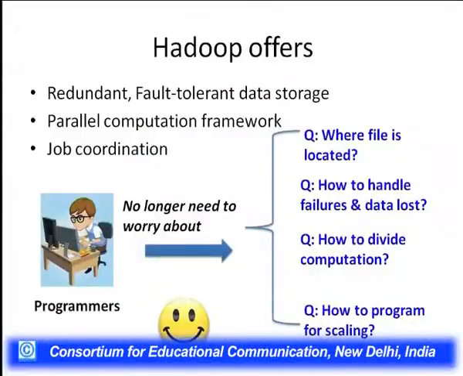So what does Hadoop offer? It offers redundant, fault-tolerant data storage because Hadoop offers data replication. Your data is not stored in one place. Your data is rather distributed on different machines, so it offers a fault-tolerant storage solution. Apart from this, it offers a parallel computation framework in the form of MapReduce. With the help of parallel computation, you can achieve faster computations and optimized utilization